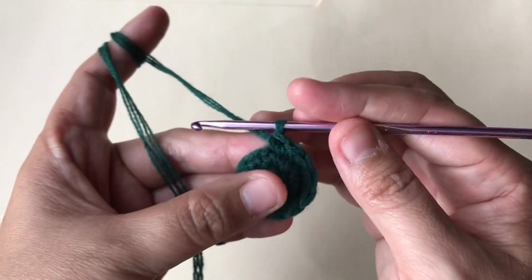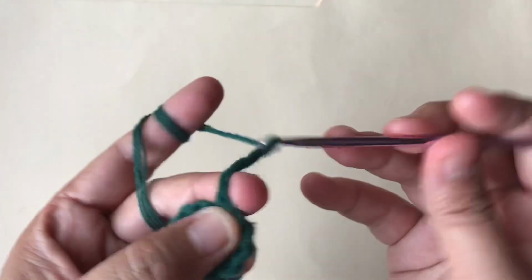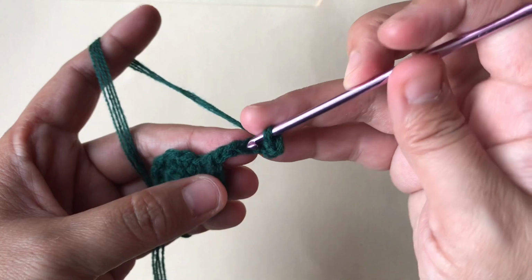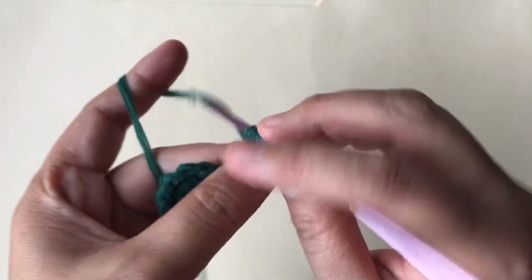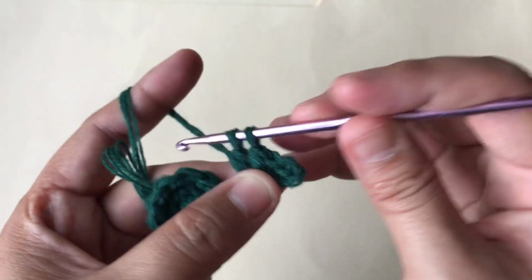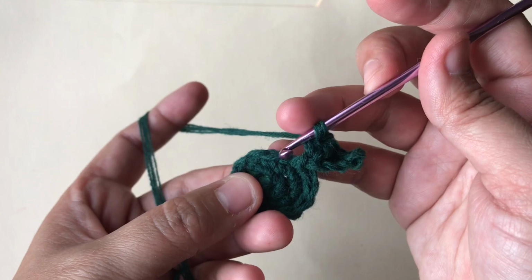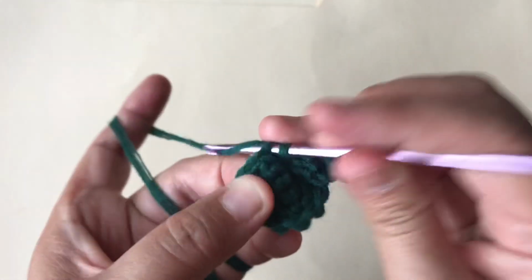Working 1 single crochet in every stitch around. Now we're going to work in chain 6, and then on the second chain from hook work a slip stitch, then single crochet, half double crochet, and double crochet, then slip stitch on, after skipping 1 stitch work a slip stitch on the second,